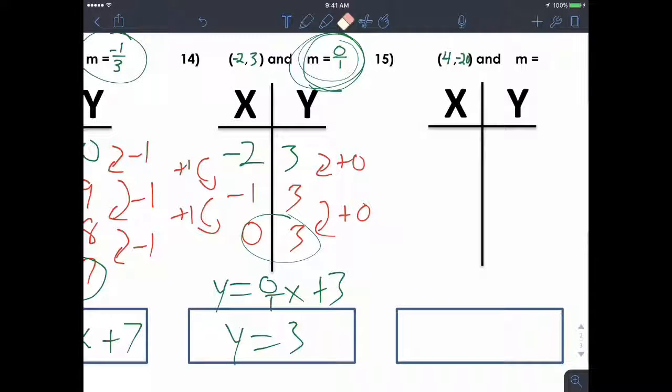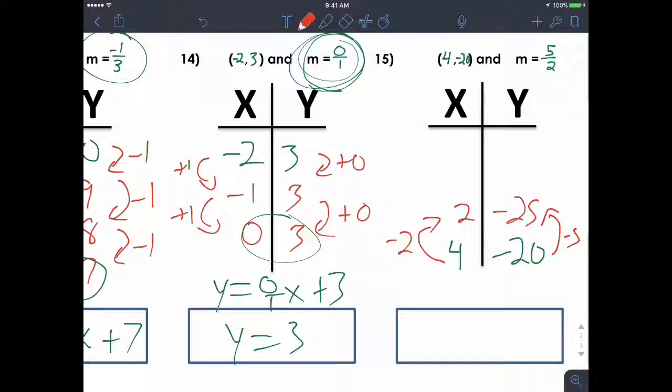The point is (4, -20), and the slope is 5 over 2. So go ahead and do this one on your own, and then we'll go over it. All right, now since it's a 4, that's going to go at the bottom, and then we're going to put the -20 next to it. This slope tells me to add 5 to the y, so to go backwards, I'm going to subtract 5, and then to go backwards on the x, I'm going to subtract 2. That gives me the point 2,